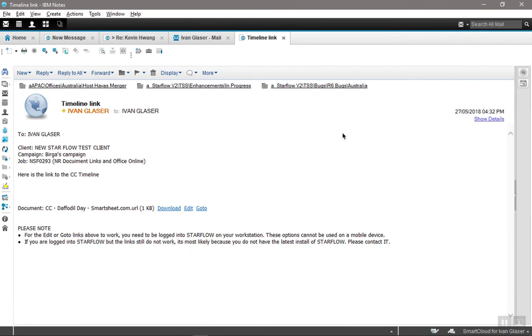So the person to whom you've sent the notification will receive the typical Starflow alert or notification mail, and there will be a link to the URL document that you've uploaded into Starflow. Now, in this particular case of a URL, the download is pretty much irrelevant, but these two options over here, click and go to, will of course take the user to the document, and they can just double-click on it in Starflow and launch their web browser and the timeline